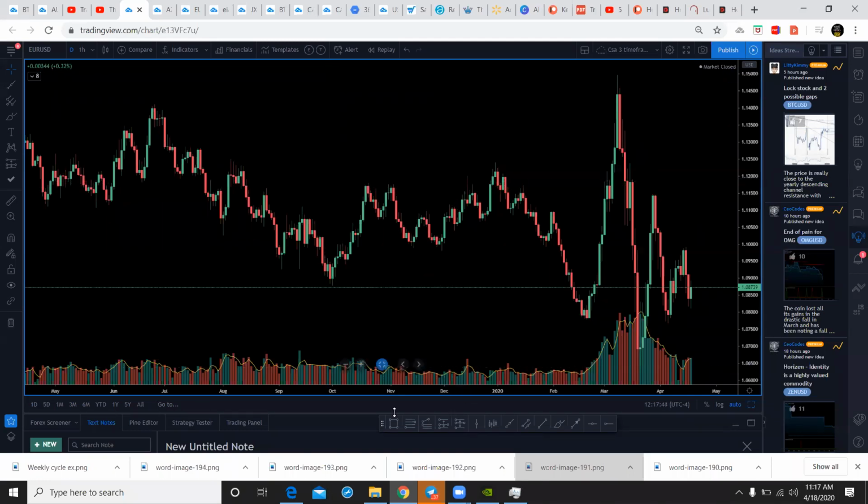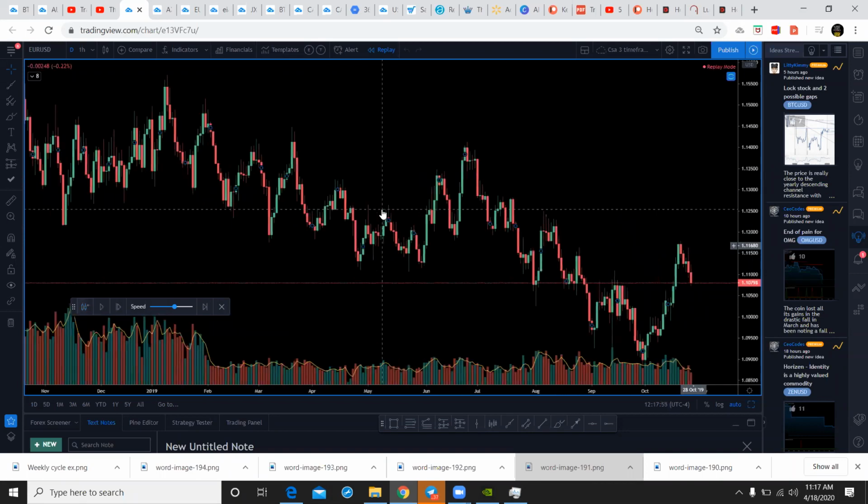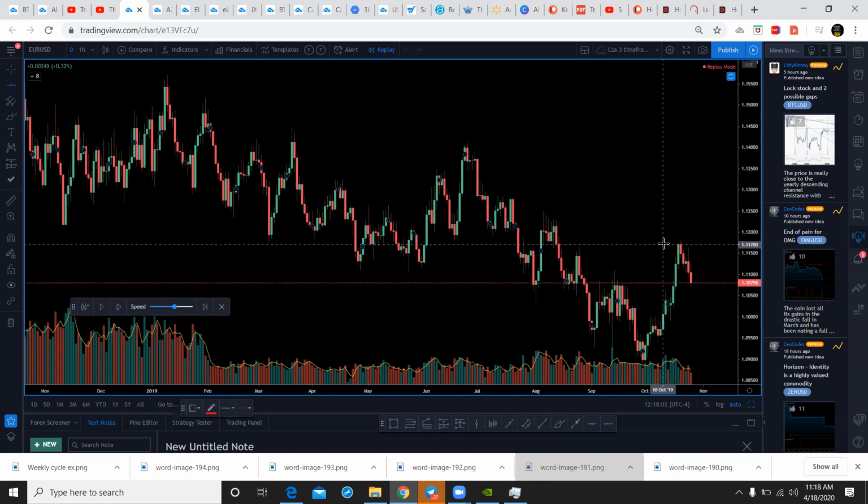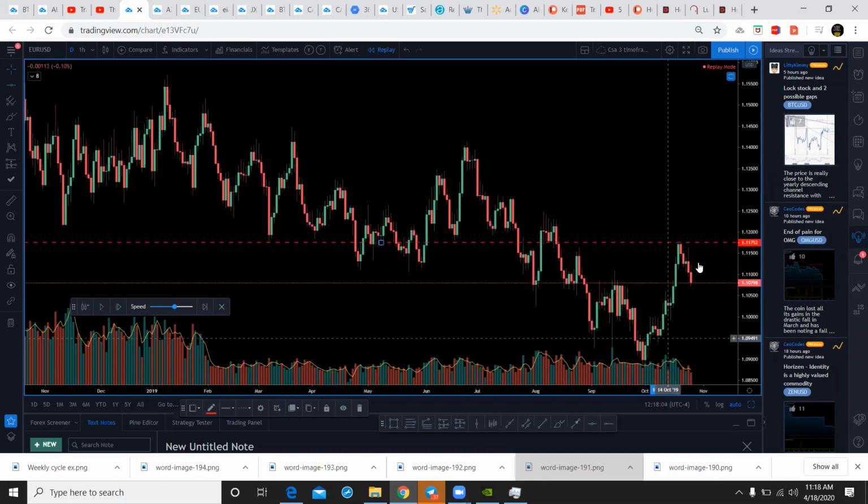So we can even do this here. Let's replace some of this. Let's go about here. So I erased all the market before, and we will pretend like we didn't know what was coming up. So I jumped on my daily first. I marked off the most recent high, and we could mark off the most recent low, one of these two areas. So if I was to let the market play,